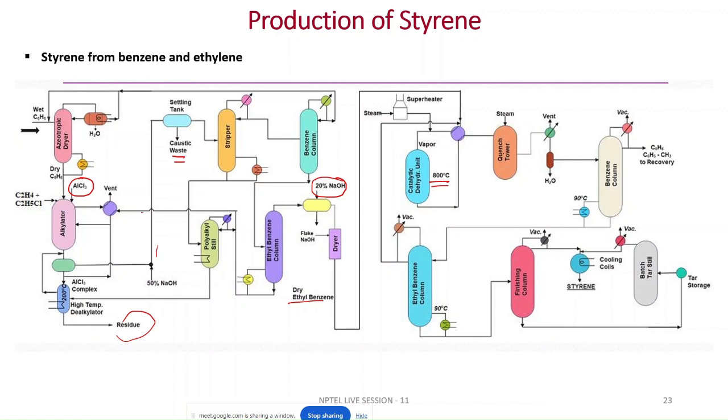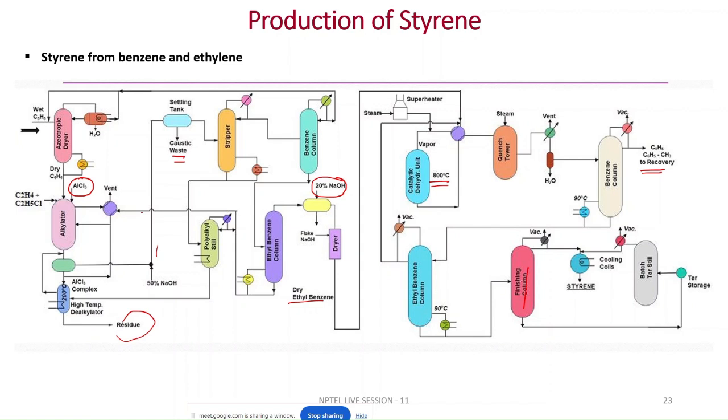So the top product is being sent to the quench tower, where it is quenched by steam, and it is further sent to the benzene column. For the benzene recovery, the bottom product is taken to the ethyl benzene column. Again, the ethyl benzene is being separated out and it can be circulated back, and the bottom product is taken